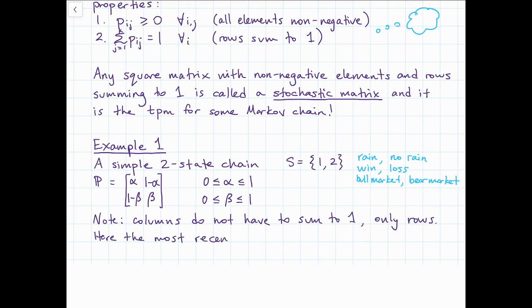And what we're saying with this kind of chain is that the most recent result is allowed to affect the next possible result. So if we know the state today, if we know that it's raining today, that tells us everything we need to know about tomorrow. It doesn't matter that it's been raining for 3 days straight. That doesn't help or hurt getting rain tomorrow. So with the Markov property, we can ignore the history. We don't need to know anything that happened before today. If we know what happened today, that tells us what's going to happen tomorrow.